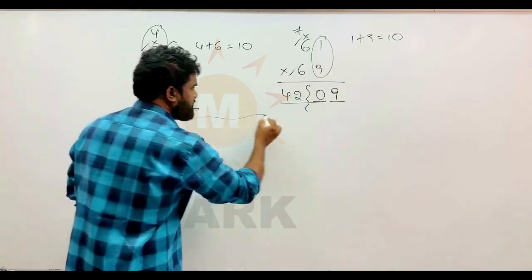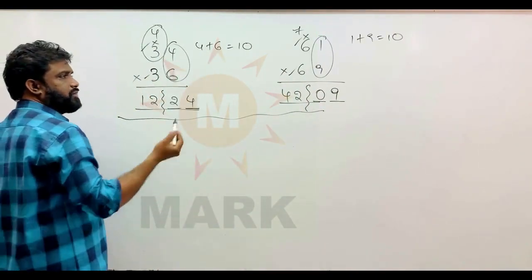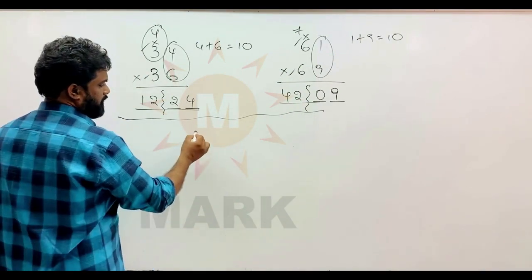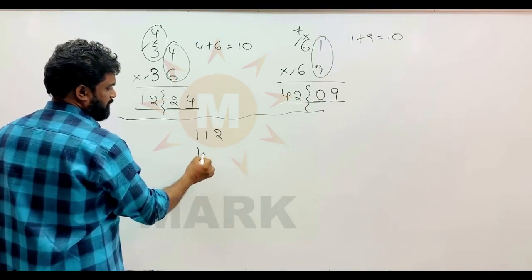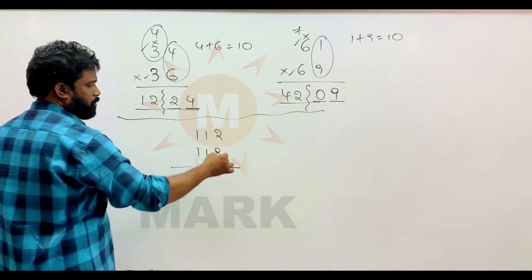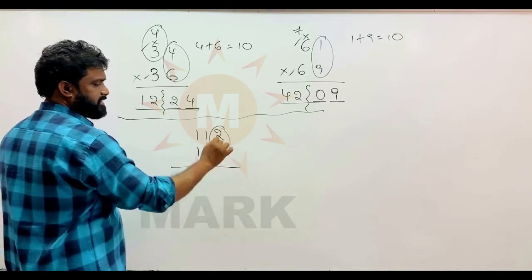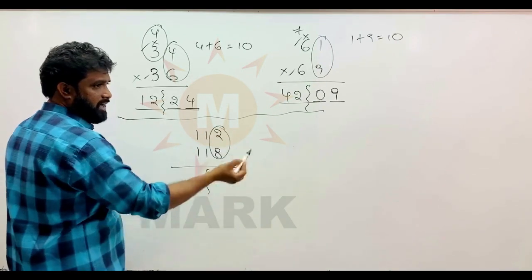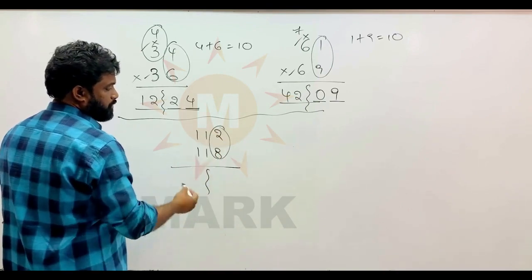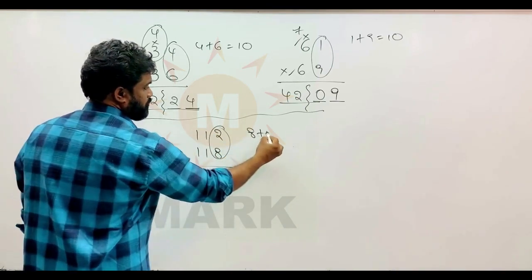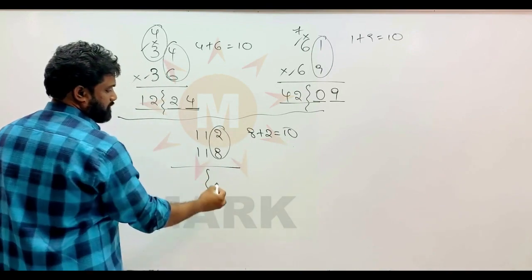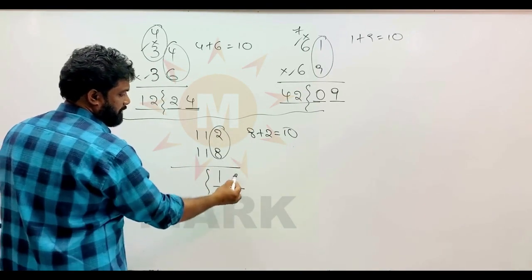So I am taking a 3-digit number. Many people might be asking, make a 3-digit number and show me. Okay, 112 and 118. So 2 plus 8 makes 10. So that's why I am dividing my answer into 2 parts. 8 plus 2 is equal to 10, so it is qualified for this technique. So what are the 2 slots given here? 8 2s are 16. I am writing 16 here.